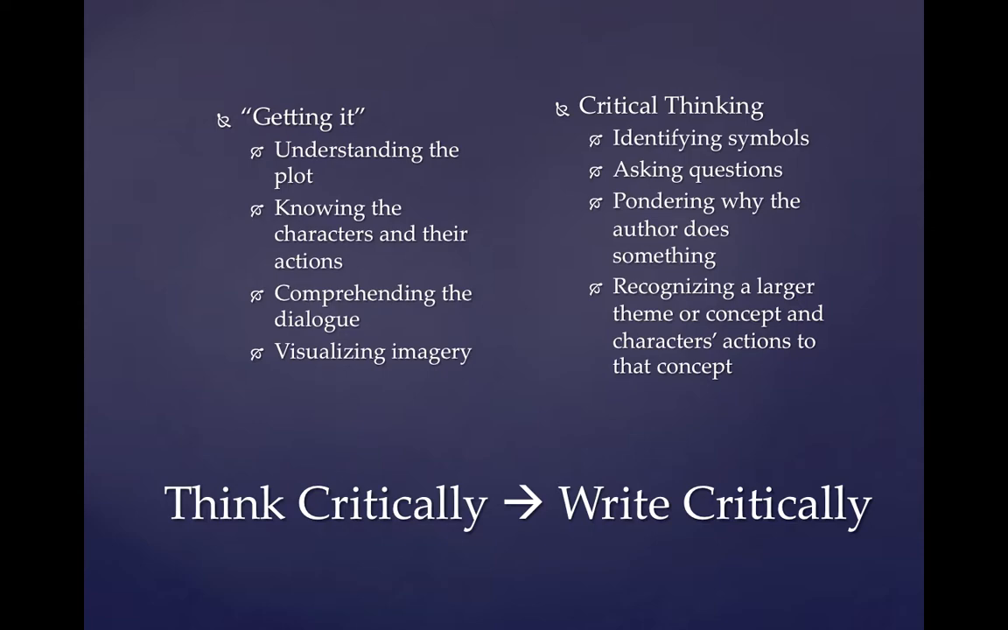So just because you know that there is a man with enormous wings in the story, A Very Old Man with Enormous Wings, doesn't mean that you're analyzing anything. You're just repeating what is happening in the story. And then critical thinking, you can identify symbols in the story. So once you notice that an image is repeated many times, you can start thinking, oh, what does that symbolize